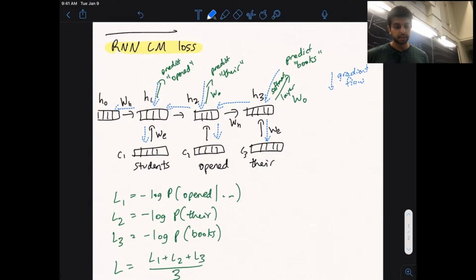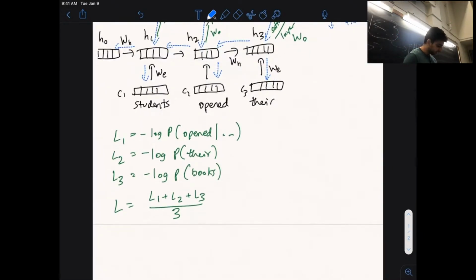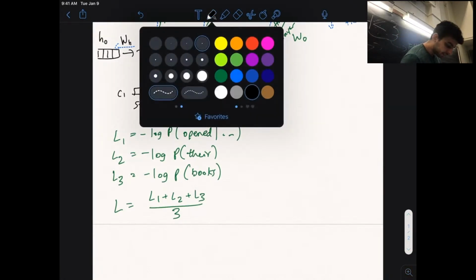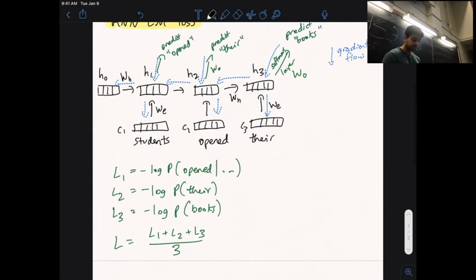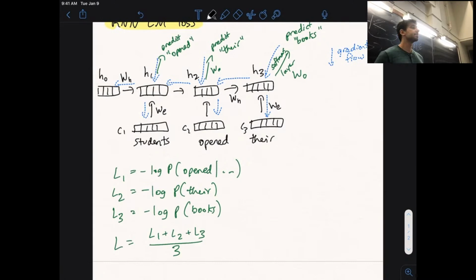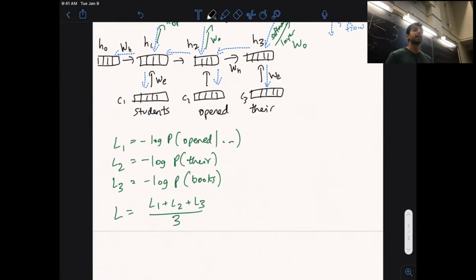All right, so let us then proceed to the next part, which is the problems of the RNN. And I just want to say that this loss computation that we've looked at in RNNs is the exact same method that is used in transformer language models, just the underlying architecture of the model is different. But we will always be computing the loss at every single time step of predicting the next word in the sequence. And our overall loss function for a batch will be this,